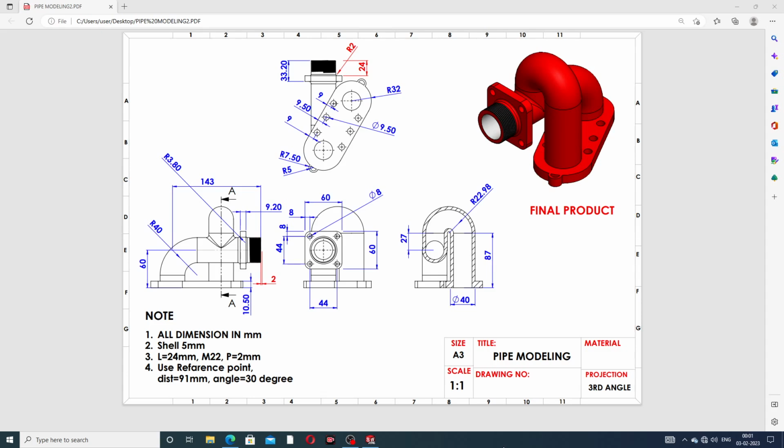Today we are going to use SolidWorks software and see how this body is designed. This is a pipe modeling product, and we will see how it is easily drawn here. Okay,